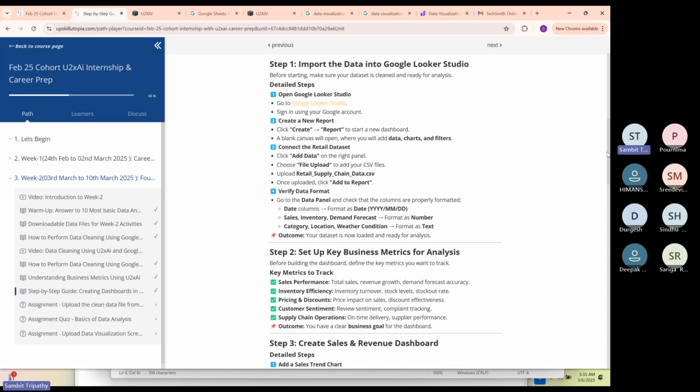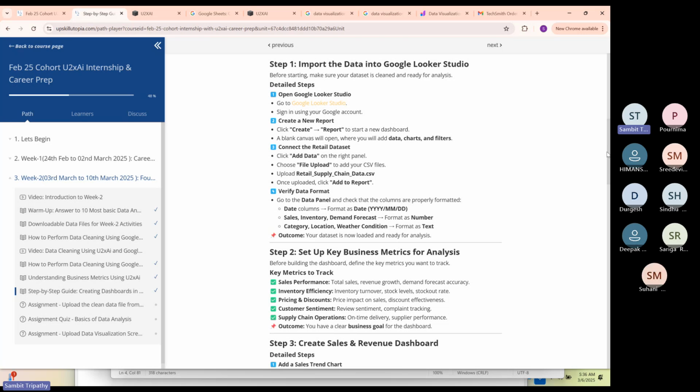Figure out what you really need to make geolocation data. This is just an example. Wherever you struggle, of course, we are always here and can help you. But before that, you should check with the different types of tools. You can use pretty much any tool, and that is what is going to help you understand this question. The U2X GPT tool is kind of an enhanced version of ChatGPT, so you can use it for any purpose. If you just want one tool that is going to solve all your questions, then you can use that one.